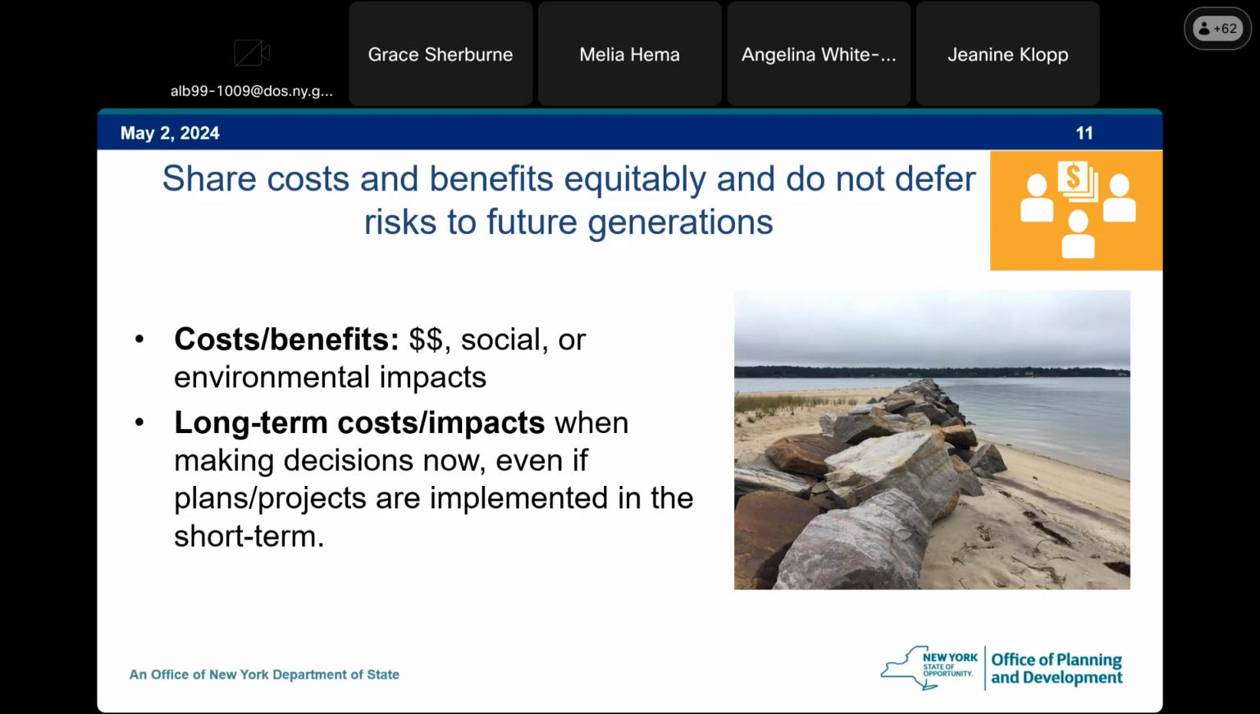This image shows an example of unintended consequences of a hardened shoreline feature. The updrift side of this feature is accumulating sediment as intended, to grow the beach. However, the downdrift side, the right side of this photo, is being starved of sediment and the beach is shrinking. Another critical element of this principle has to do with considering future long-term impacts of decision-making